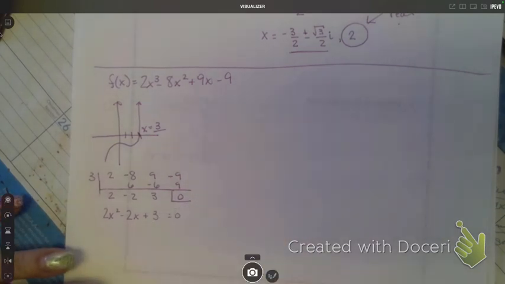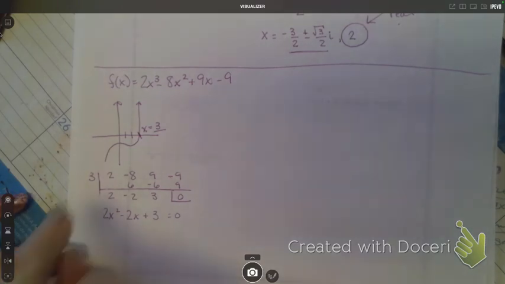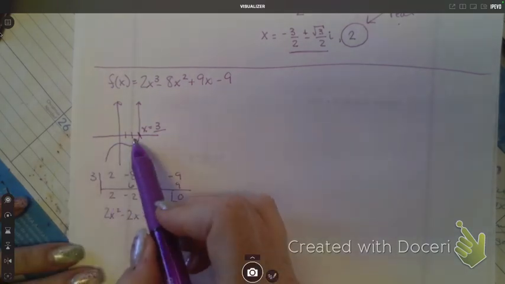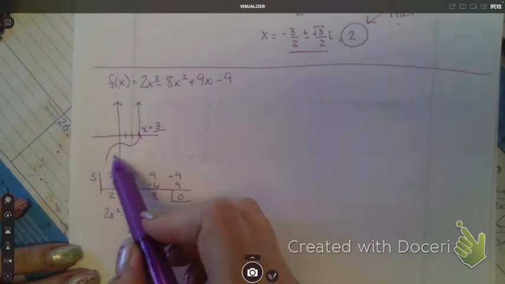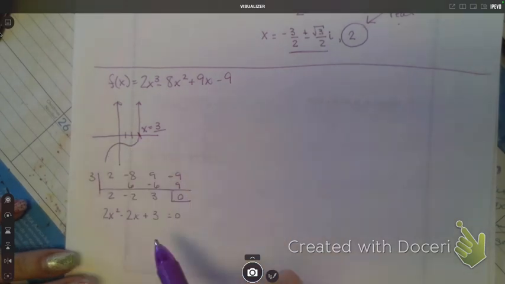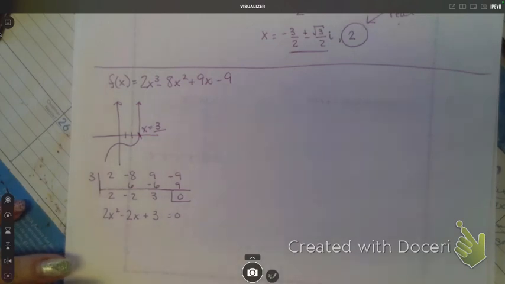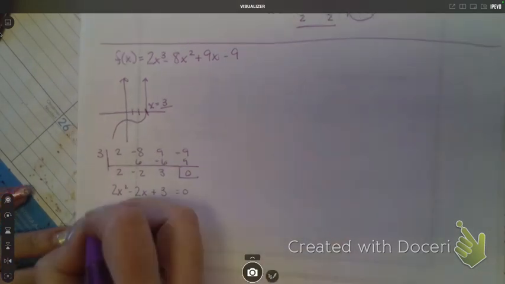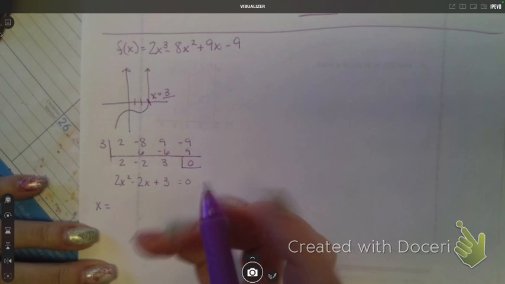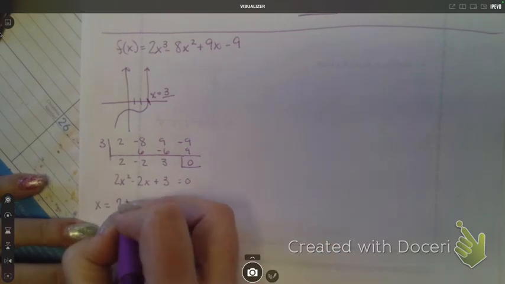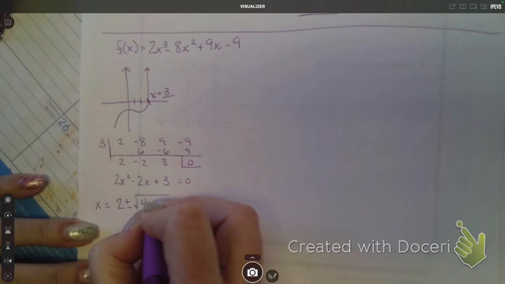Okay, so looking at the graph, do I know that this is going to be an imaginary solution here? Yes, I know there's going to be an imaginary solution. I can check whether it can factor, but probably not. Are there factors of 6 that add to 2? No, you can't get factors of a number that add to a number less than it. So x equals negative b, so negative 2, plus or minus the square root of b squared minus 4 times